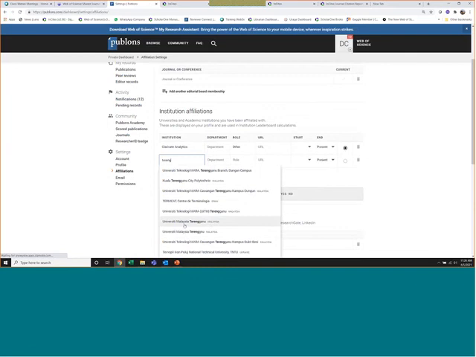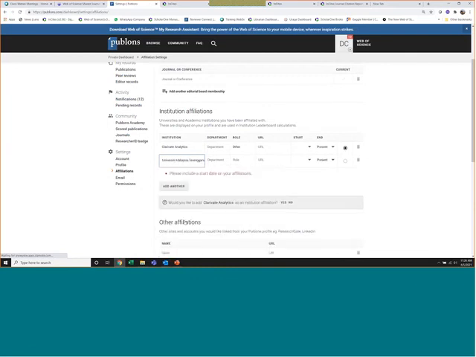Choose the correct spelling, University Malaysia Terengganu. Then put yourself as up to present, and set this as your primary affiliation.